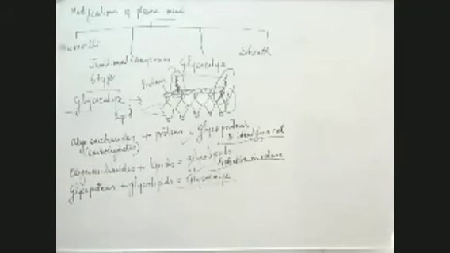It is another modification of plasma membrane. So glycocalyx is another modification of plasma membrane. Now, where else have you read this glycocalyx? If you remember, you have read this word glycocalyx in bacteria. The outermost mucilaginous covering of bacteria is glycocalyx. That is not this glycocalyx. That is just a mucus layer which is present outside the bacterial cell.